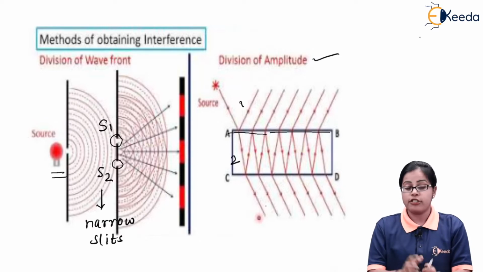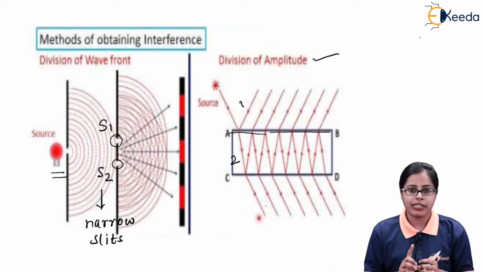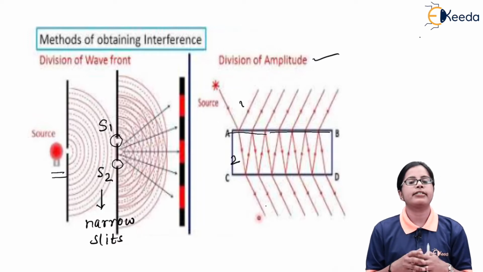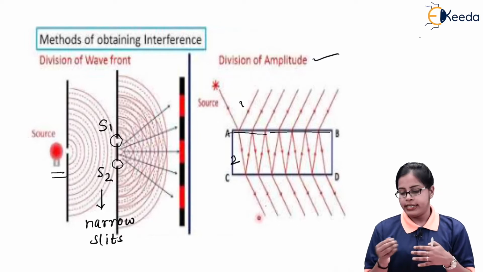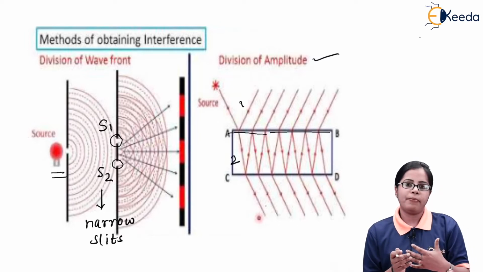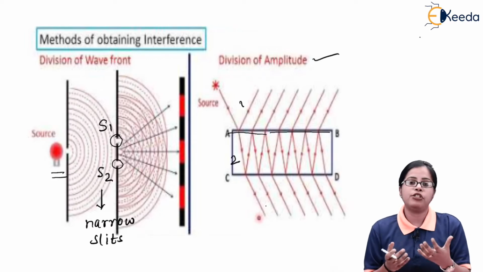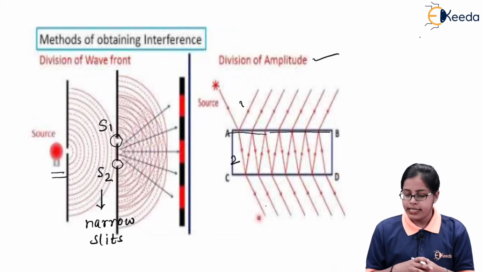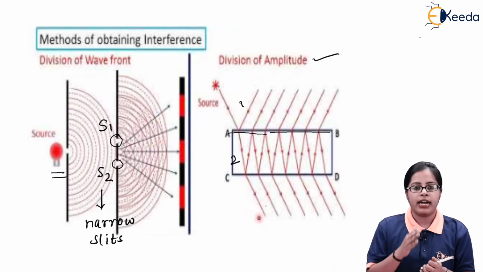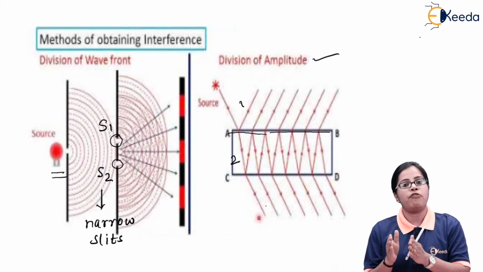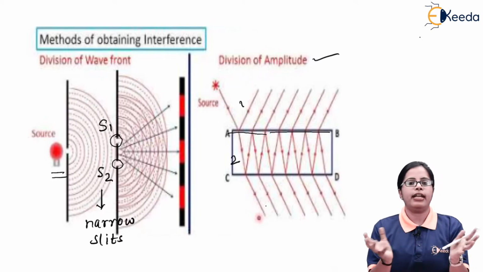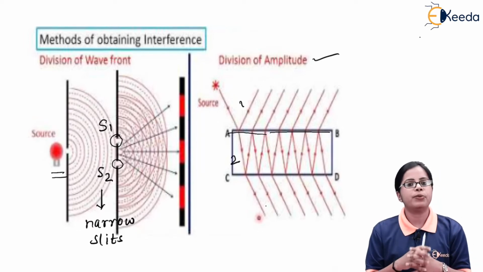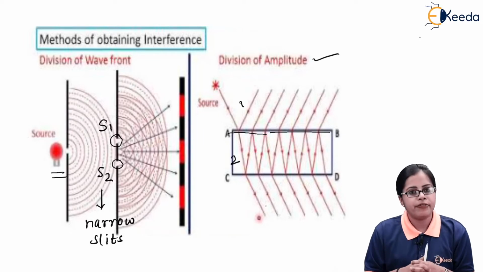But as you can see, it is not only undergoing partial reflection once, it undergoes partial reflection several times, giving us the division of amplitude. And this is what we mean by division of amplitude of the source of light, or division of amplitude of the light waves which are getting emitted from the source of light. These light waves, which are getting divided in the sense of amplitude, are allowed to overlap or be superimposed or interfered with each other, giving us the interference pattern.